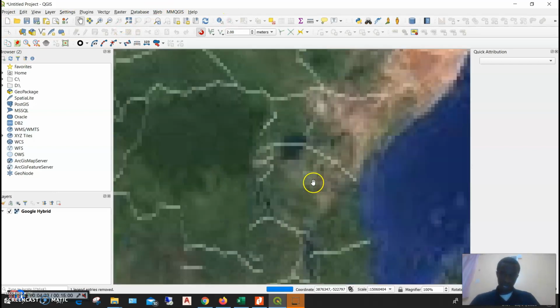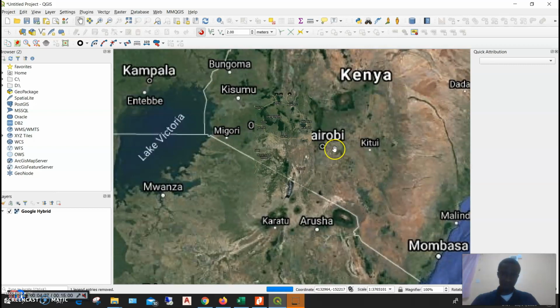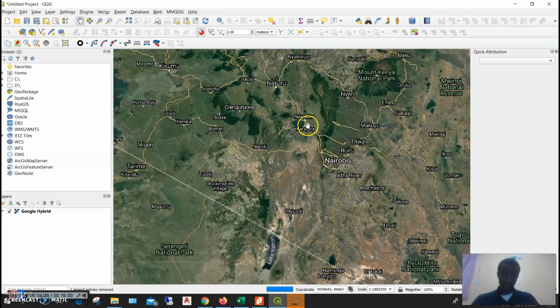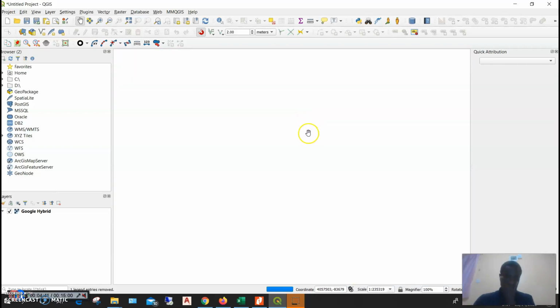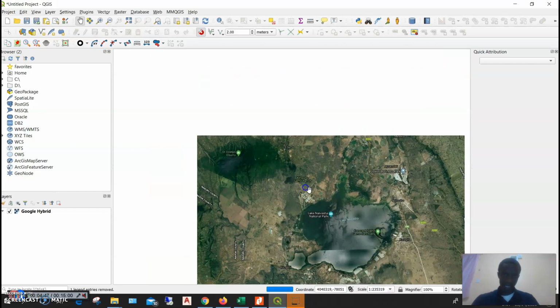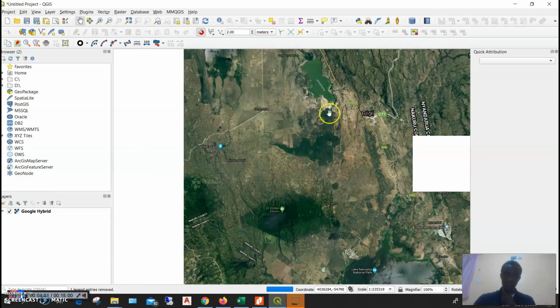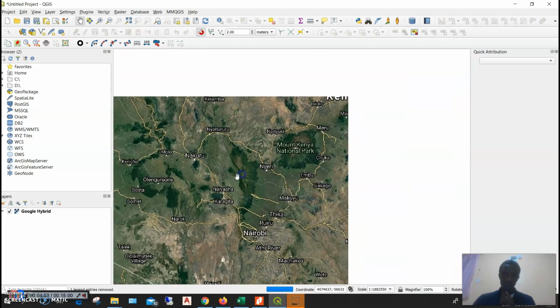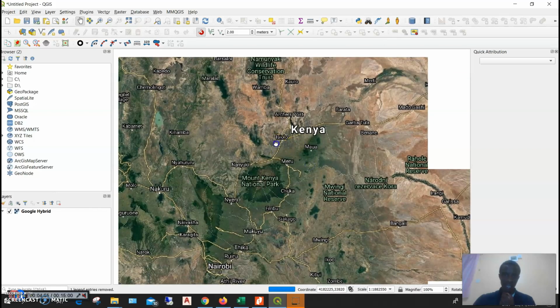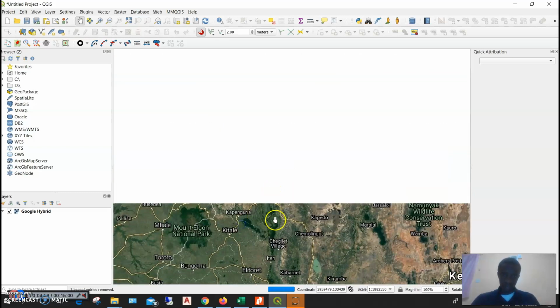and you get that. I'll just take you to a small town somewhere in my country. I'll show you practically. So here we have a lake. We need point data, line data, and polygons. Maybe someone doesn't know how to create polygons in QGIS. In this tutorial, you're also going to learn it.